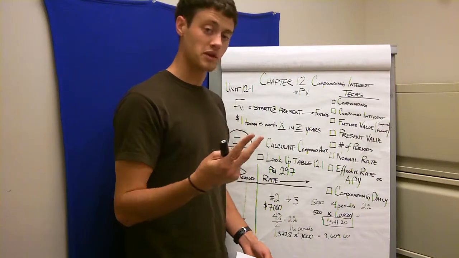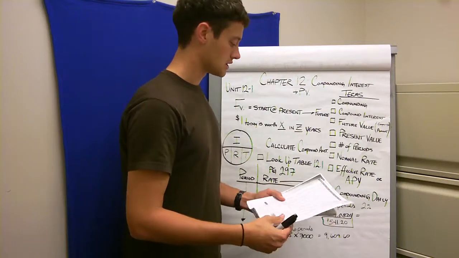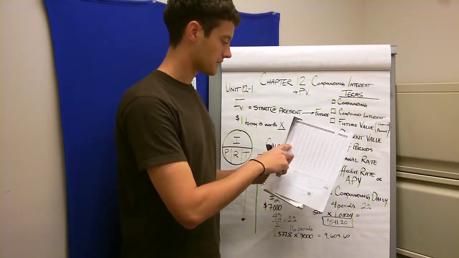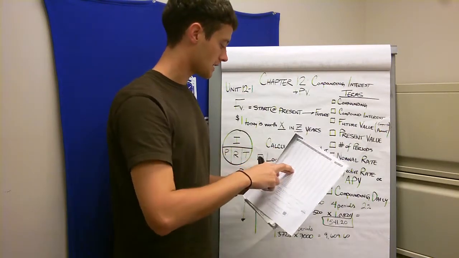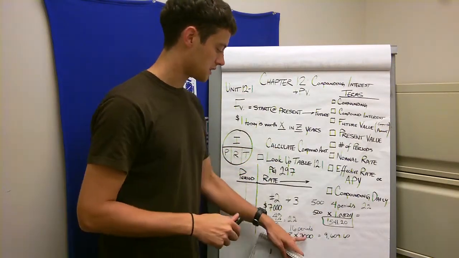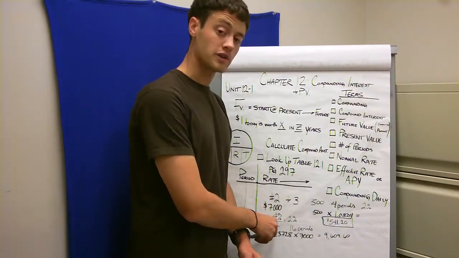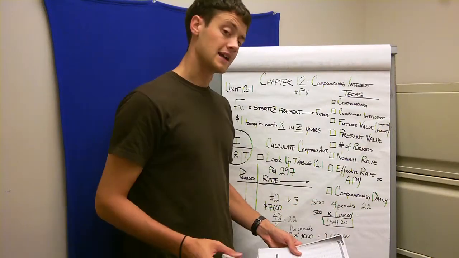Now we have 2 periods for every year, and it says for 4 years, so I have 8 periods. So I again can go down to the periods, and then I can go over to 2%, and where they intersect, I'm going to multiply that by my principal. So it intersected and gave me a compound value of 1.3728 times the 7,000